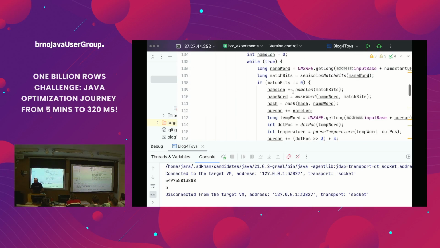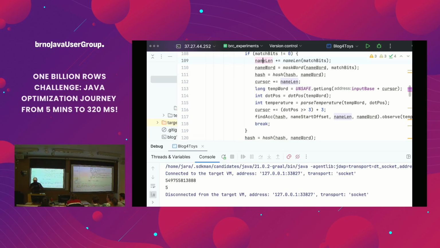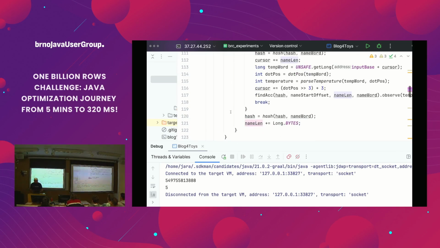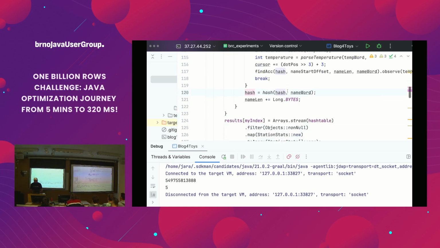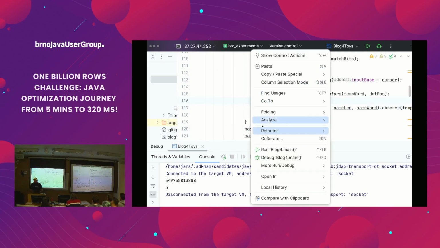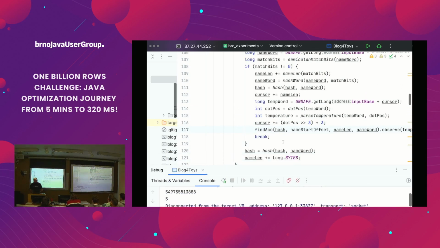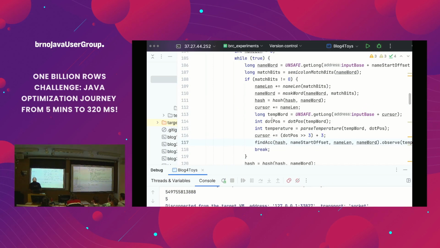So that gives me the name, and then I do a little bit more bit shifting and twiddling, maybe some more masking, and calculate the hash, and then run where it is. Yeah, the final accumulator we know, and you don't need to understand all this bit twiddling, but what you should notice is almost all branches are gone. There's one, right? And that will be in the accumulator, but that will be very predictable.